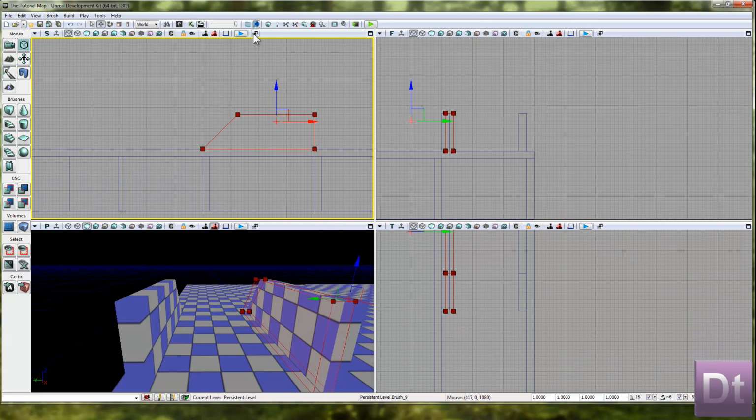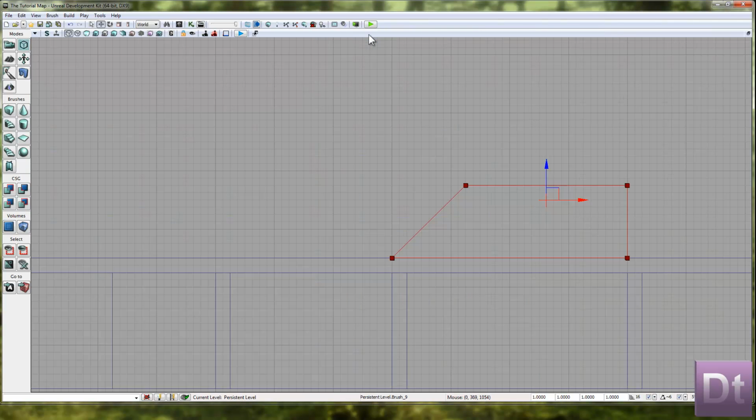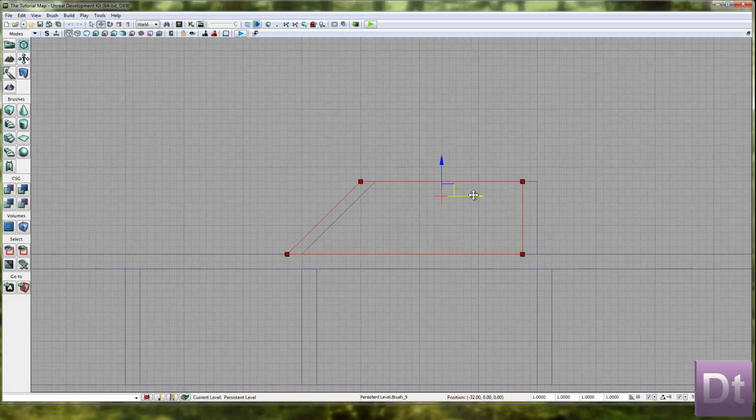So back into the side view. Whoops, wrong button. Back into the side view. We're going to bring that back so it's sort of square to everything else. Into geometry mode and drag that vertex in and that vertex in,